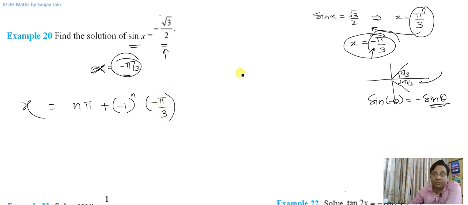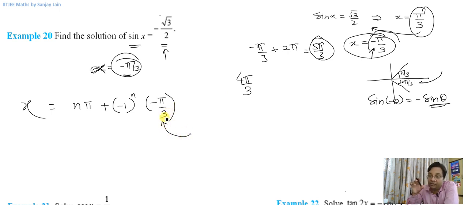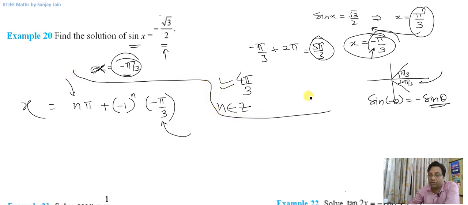In some of the books you may see some other angle like 4 pi by 3, or let us say minus 2 pi by 3. Minus pi by 3 also can be written like this. This is 6 pi minus pi, 5 pi by 3. So any of the angles may be written here in your books. But now we are talking about general solutions. So it doesn't matter which angle I write here in place of alpha, because anyhow I'll get the rest of the angles by putting various values of n here, because n belongs to integers. So I can keep on putting these integers and obtain these values of alpha, that is these particular solutions.